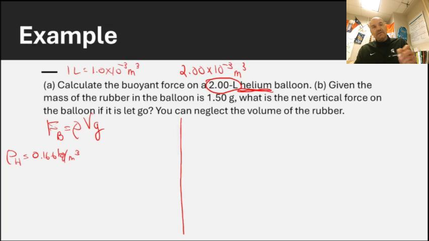Sorry, I put a K there. So kilograms per cubic meter. So now we have all the information that we need to plug in. So we have 0.166 times 2 times 10 to the negative 3 times 9.8 or 10, whichever one you want to use. And we find that the buoyant force acting,